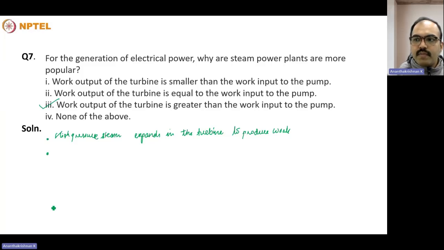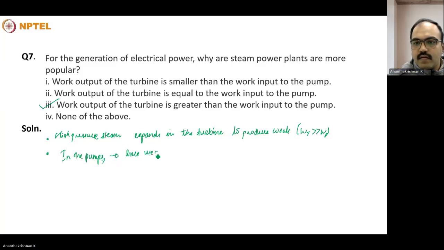So what we can try to do is minimize the whole thing, try to attain the maximum possible efficiency that is achievable, even then that should not violate the second law of thermodynamics. So high pressure steam expands in the turbine to produce work, and this work done in the turbine is significantly high compared to work done in the pump. Why? In the pumps, since we are dealing with liquid water,